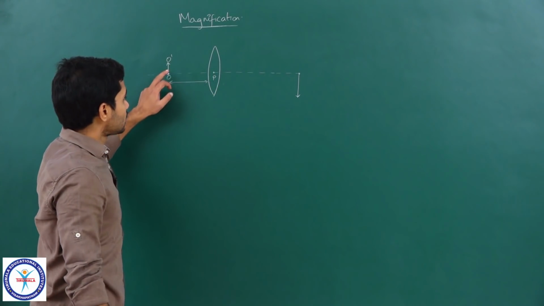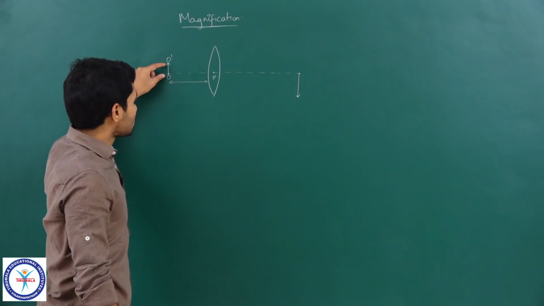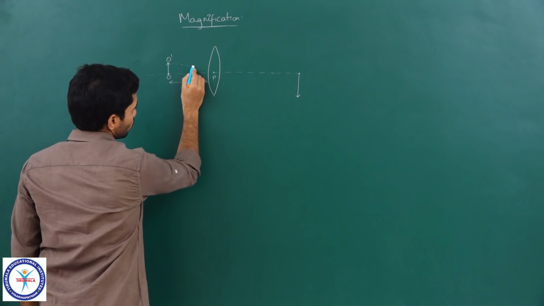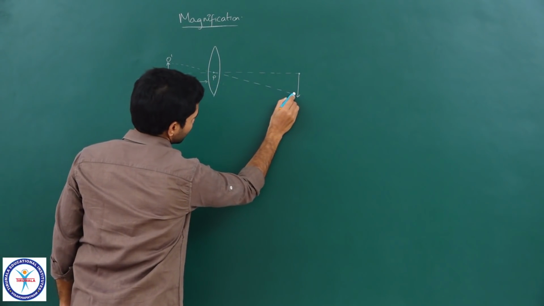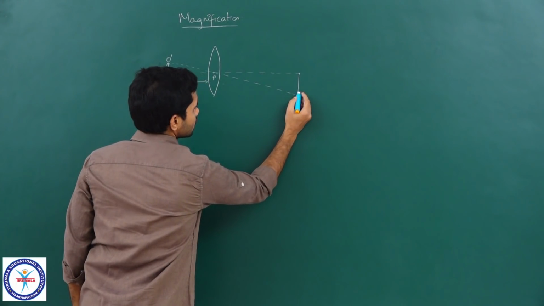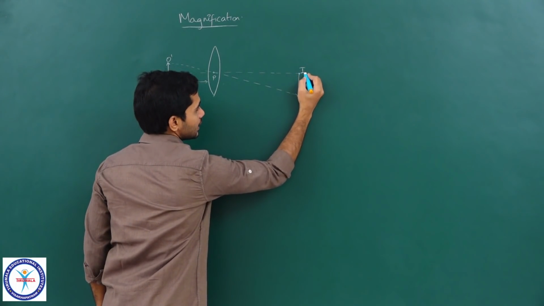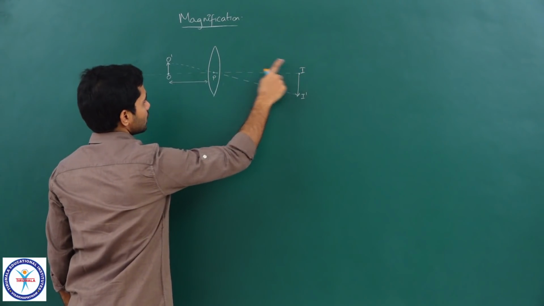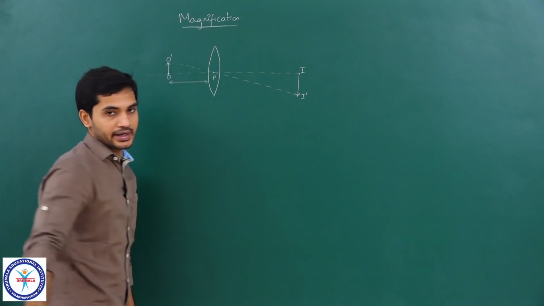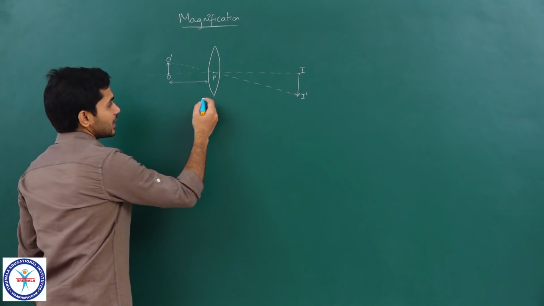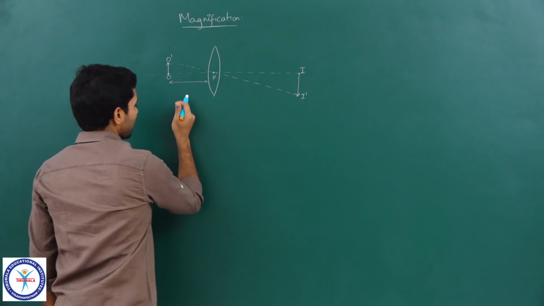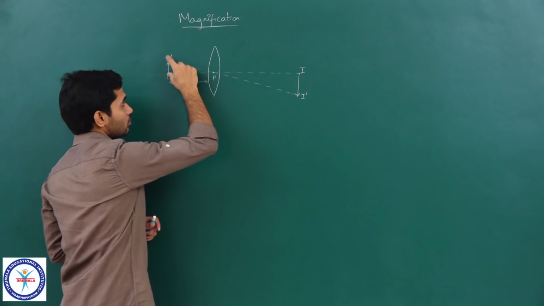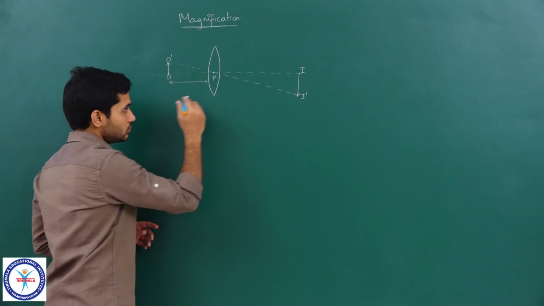So, we know that if I have to understand the relation between this height and this height, if I consider a light ray which is passing through the pole of this lens, it will pass through undeviated and reach here. So, this would be I dash. So, the image of O will be I, the image of O dash will be I dash, correct. Okay. So, this is the idea. So, now in this case if I have to write magnification, so we know that magnification is nothing but this length by this length. Okay.